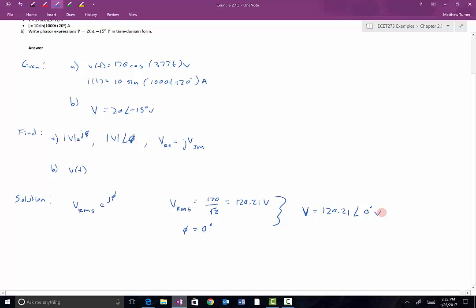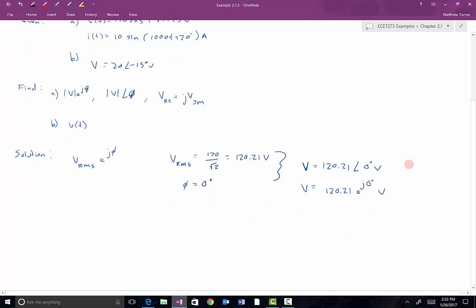I can just go ahead and immediately convert that to the exponential form. V is equal to 120.21 e to the j 0 degrees volts. Very easy to convert between those two. To put that in rectangular form,